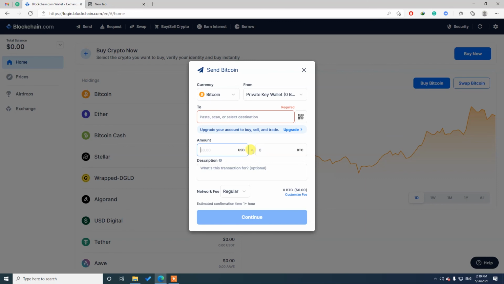Blockchain automatically calculates how much Bitcoin it is. For example, I select 10, and it says it is 0.0002 BTC. You can write an optional note for verification or for reminders and click continue. So you can easily send your money using a blockchain account.